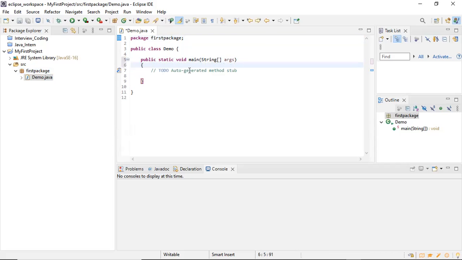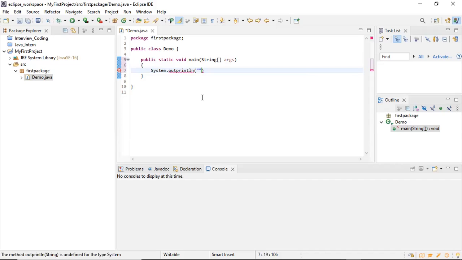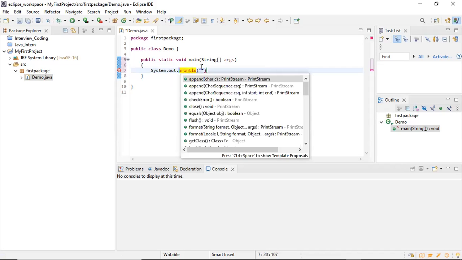You can see here, when I create this Demo.java, the code and the class name came by default, right? I have not written anything. Now you have to write the logic inside this, and how are you going to write it? System.out.println. Okay, now you just pass a new thing here. If you make anything wrong here, then it will give you an error as well. You can see the red line error is coming.